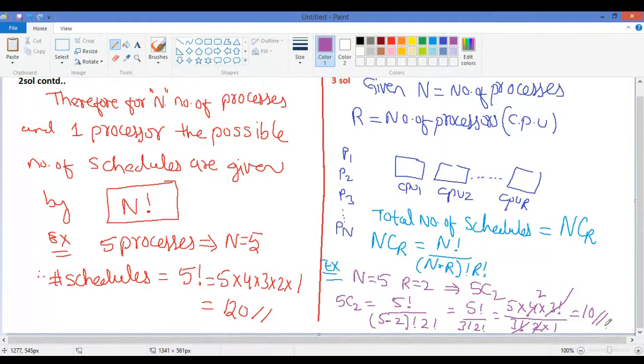Do all of you understand this? Any questions? This is constant for the ML table. What is constant? The formula. Yeah, the formula is constant. If you have more than one CPU, then NCR, where R is the number of processors. This is constant. Okay, so I just highlight it. This is the formula.